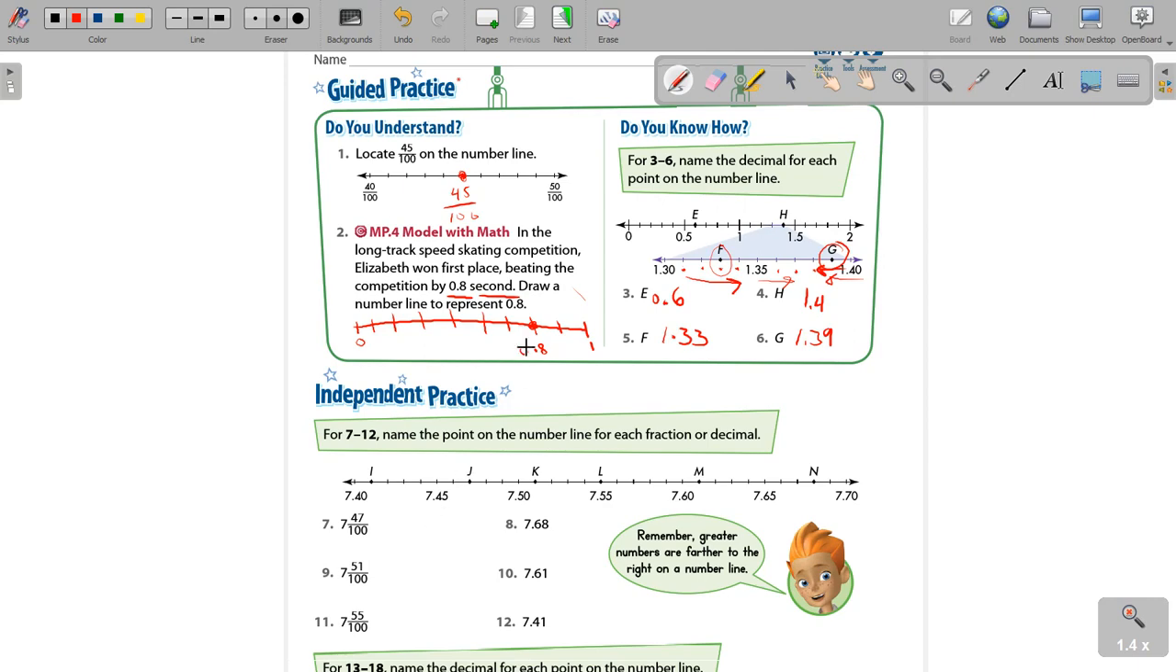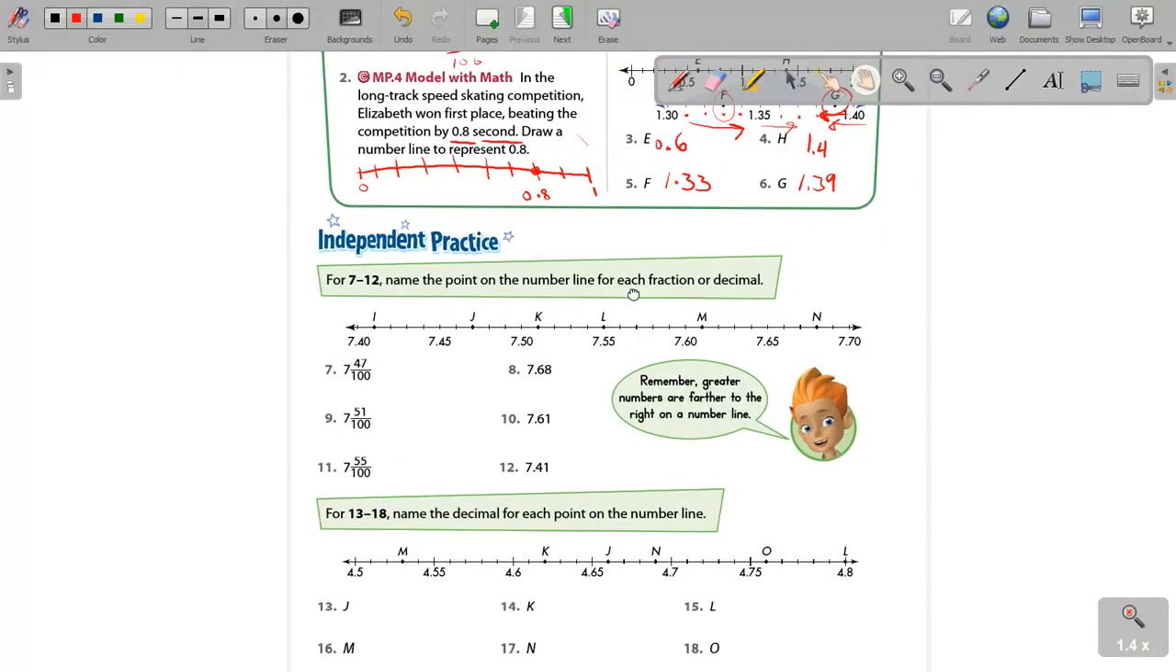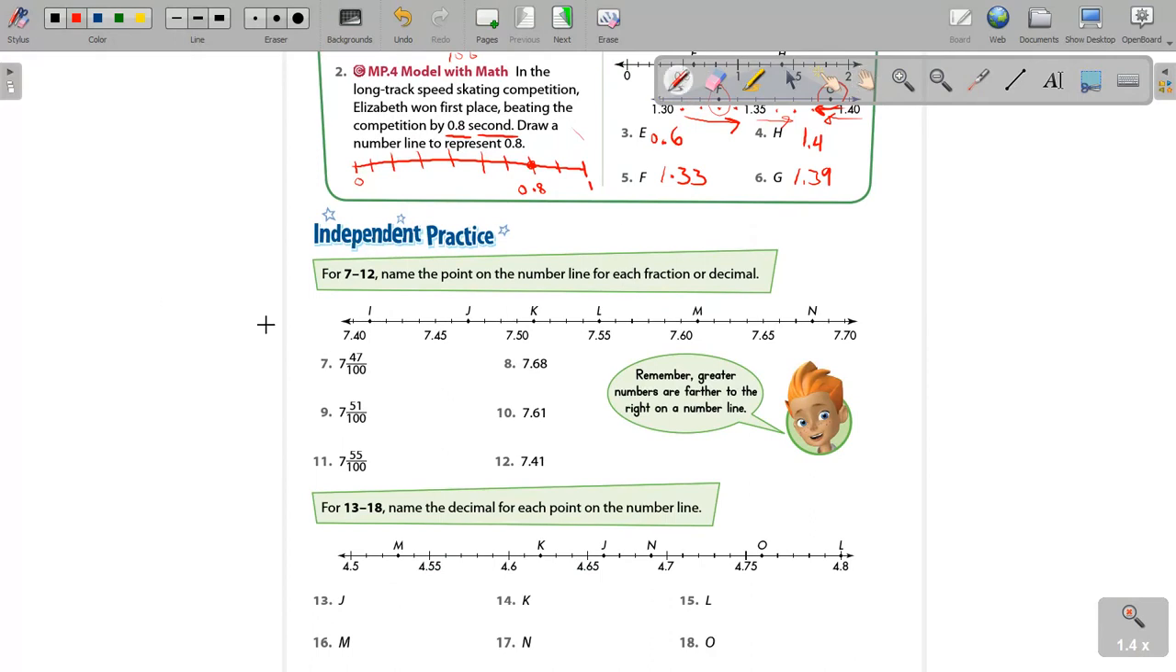Okay, so let's take a quick look down at these, at the bottom ones here. Now we're naming the point on the number line for each fraction or decimal. Okay, so for this one here, for number 7, they're telling us we've got 7 and 47 100ths. Well, we know, especially based on what we learned yesterday, our 7's our whole number, right? So we know it's going to be 7 point something. Now, if you only have 47 out of 100,